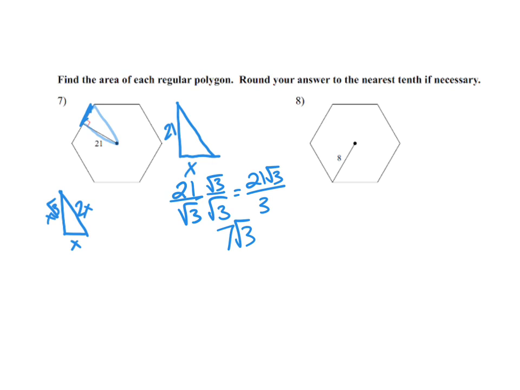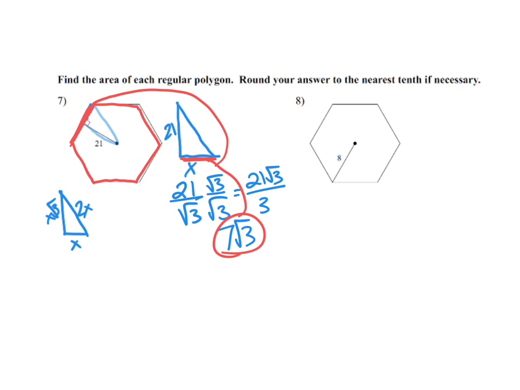Let's look at what we just found there. The 7 root 3 is this short leg right here, which is in my triangle, this piece right here. And now what I'm looking for is the perimeter. The perimeter, I would have to take my 7 root 3 and double it to get this full side. So that'd be 14 root 3. And then I have 6 sides. So 14 root 3 times 6 is ultimately going to be,